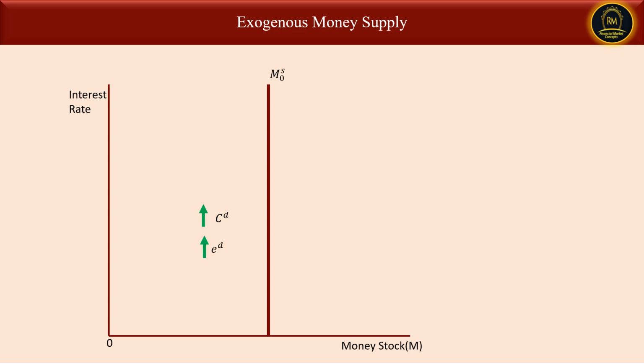Now suppose there is an increase in the currency ratio, or the desire to hold currency with the public, an increase in the excess reserve ratio, or an increase in the required reserve ratio, supported by a decrease in the monetary base by the central bank. This will result in a fall in the money supply, and the money supply curve will shift towards the left. As a result, the money supply in the economy will fall